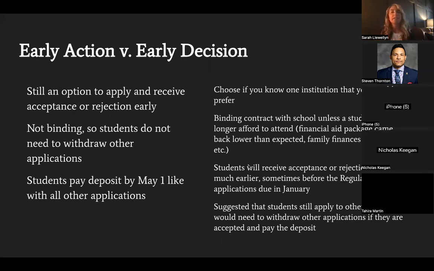Early action, the only difference really with early action and regular decision is this: early action applications are just due earlier. There's no binding contract. It still would be a top school. They still go through decision day on May 1st. So there's really nothing that's like pro-con in terms of early action versus regular decision. My suggestion though is this: if your child has a top school and your school offers early action,